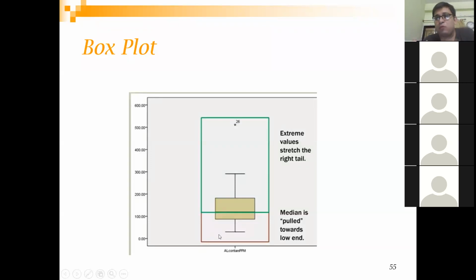So how are these 2 lines coming? If you remember, we talked about IQR. IQR is called the interquartile range. Interquartile range means Q3 minus Q1. Then you calculate Q3 plus 1.5 IQR. And similarly, you have Q1, so you find Q1 minus 1.5 IQR.